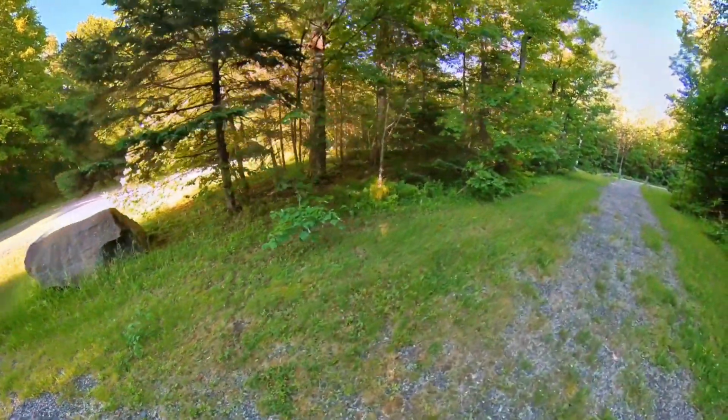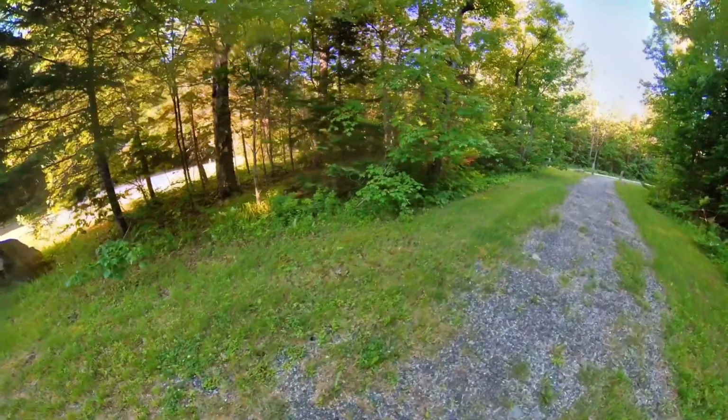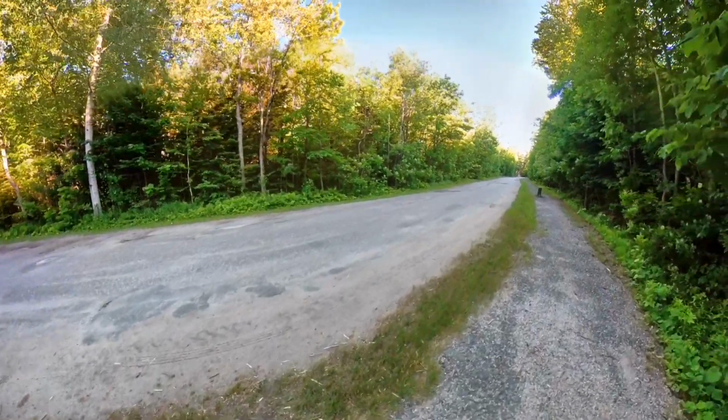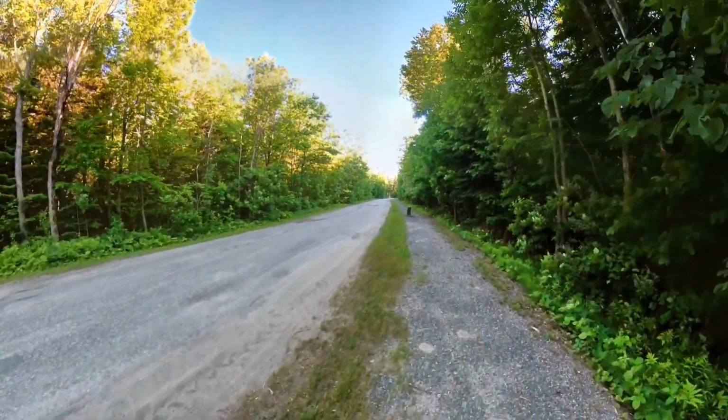And almost each campground, like Red Maple, White Pine, Hemlock, all have their own little lake attached to it. And I think Red Maple had the sliding rock. That was a lot of fun. You would just slide into the lake. Anyway,